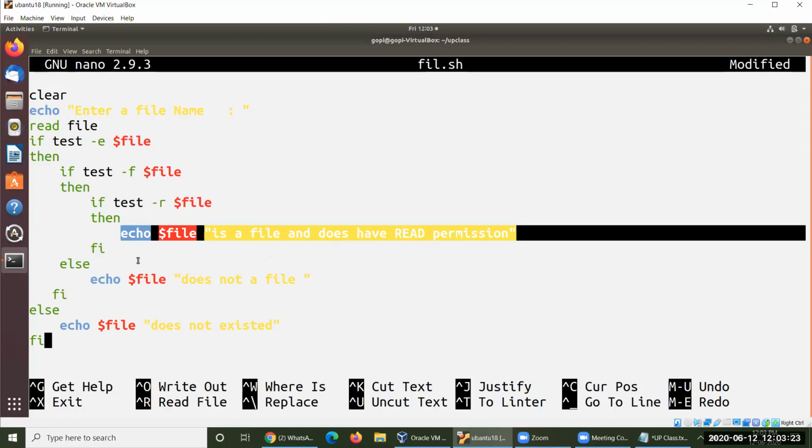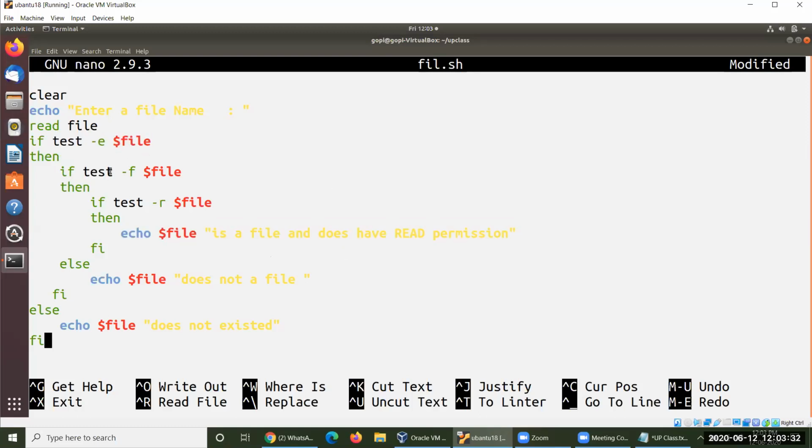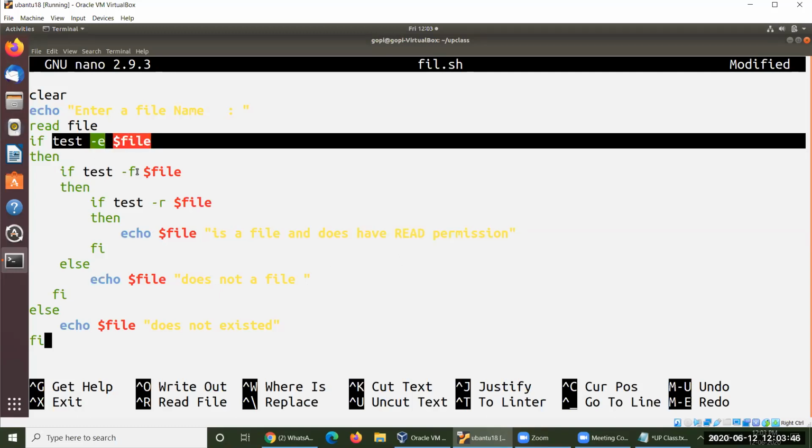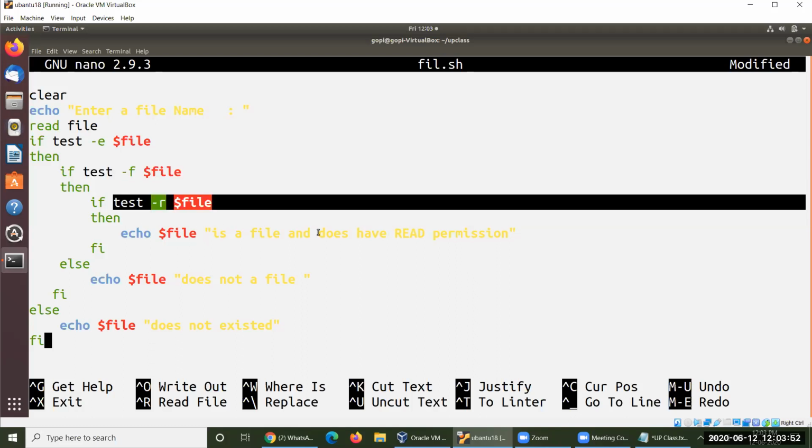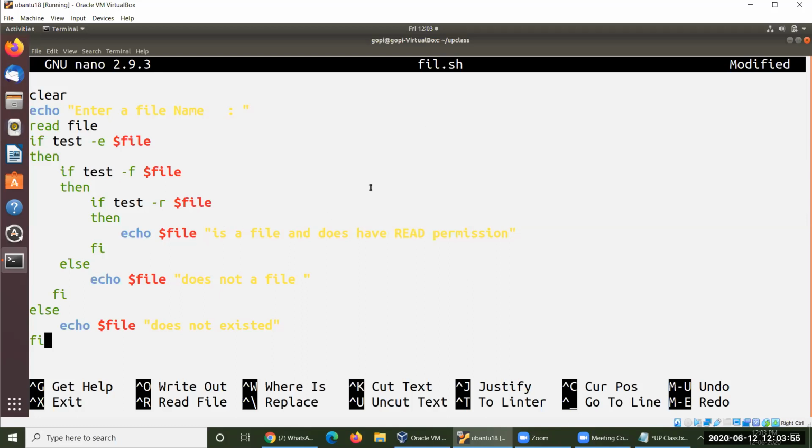I believe that everybody has some idea how an if structure, a nested if structure, is executed. If this condition is true, then go for the second condition, that is -f. If this condition is also true, then go for this particular condition. Yes, it is also true. It will display this particular message and come out from the whole structure. For example, the first condition is true and the second condition is true. Then for the third condition, if this is false, I don't display anything. Otherwise, you could display here also. There is no problem at all.